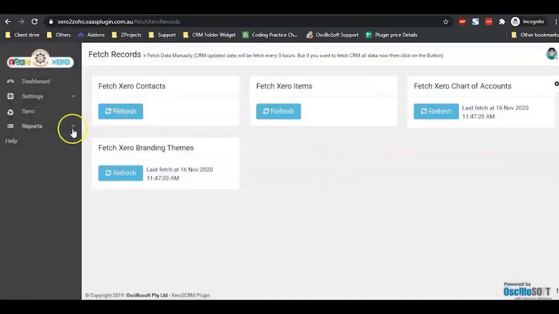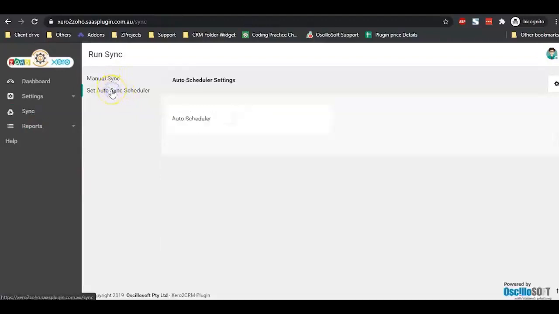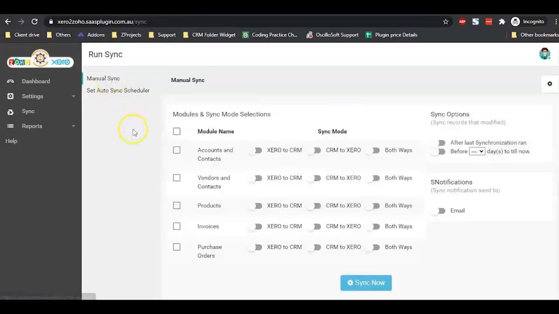Great! You're almost done. Now you just have to go and sync it. You have both options: you can sync automatically or you can sync manually. For the time being, I am going to show you how to sync manually. Check all the buttons, fetch data from all the modules, from Xero account to CRM,